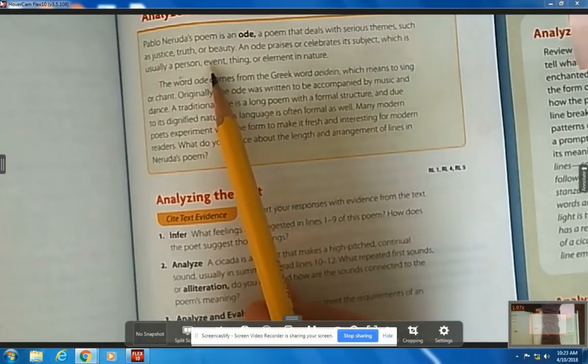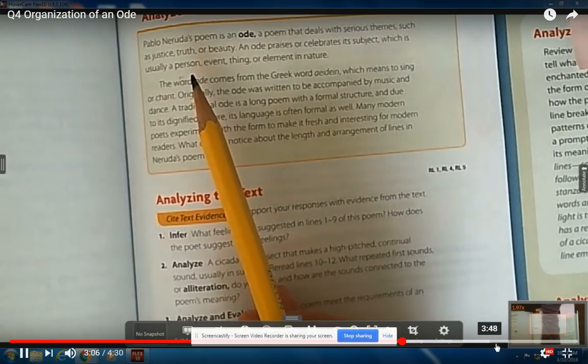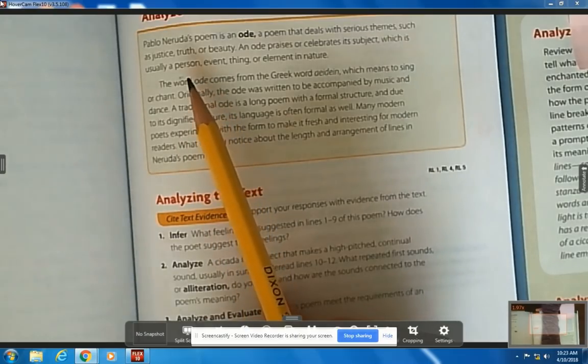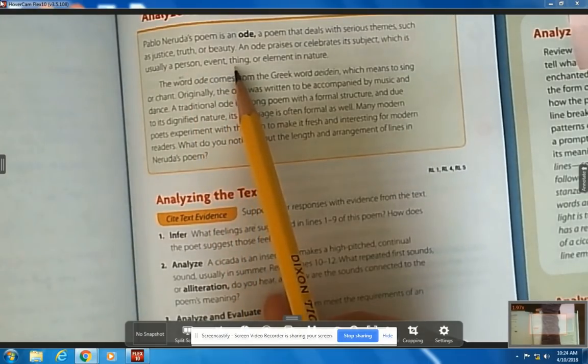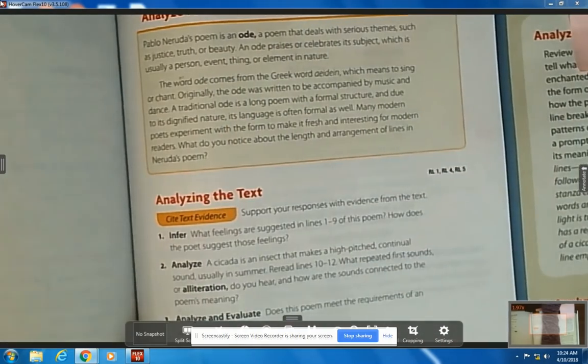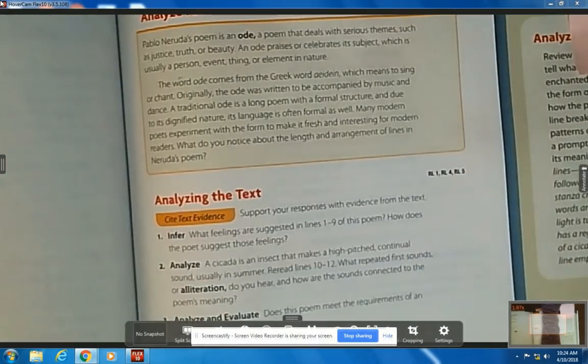You could create an ode for an event. So, ode to the NCAA Final Four championships team, or ode to the Super Bowl. You could create an ode to a thing. So maybe it's an ode to a particular activity you love. Ode to football.